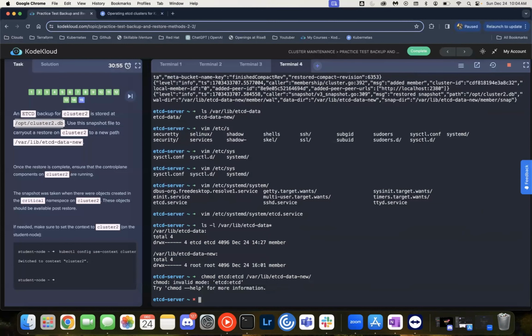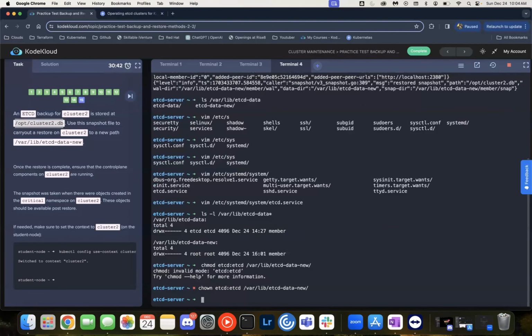Did I forget something? Chmod. Sorry, not chmod. Chmod is going to be to change permissions. We need chown to change ownership. All right, so